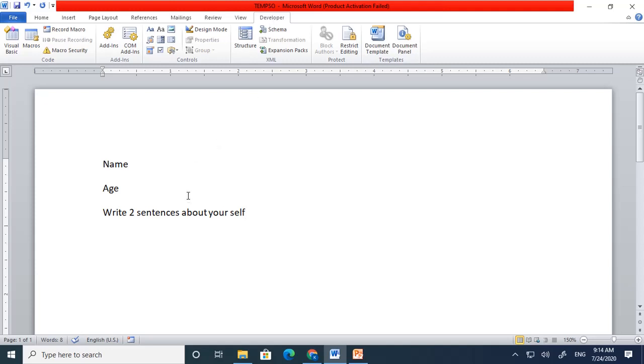In this Developer tab you will be having first a small a, then a small a, then a picture. This particular set of tools will help you in creating different things.